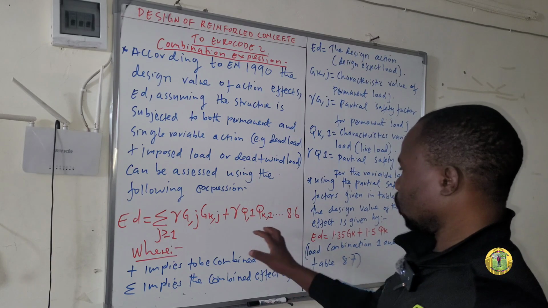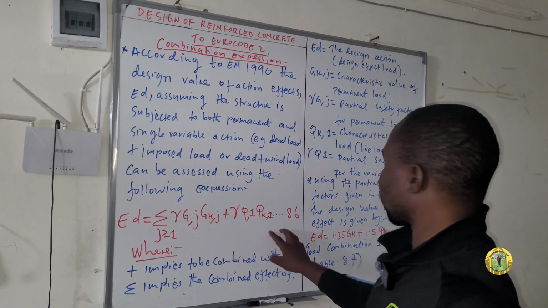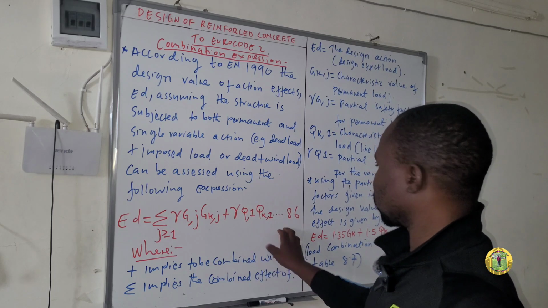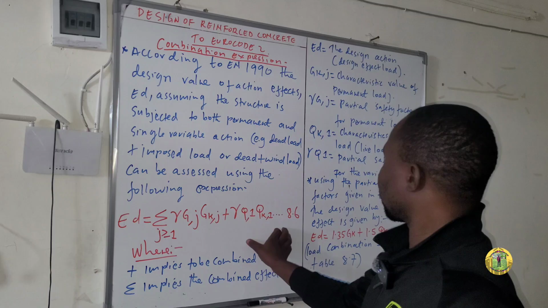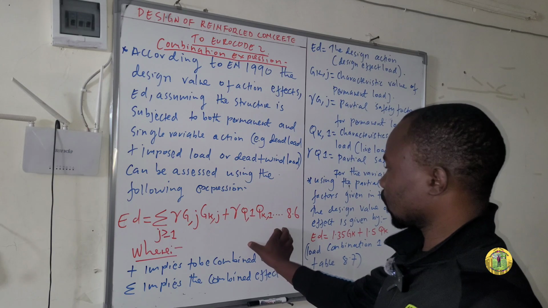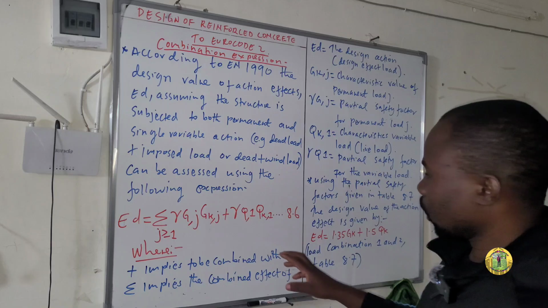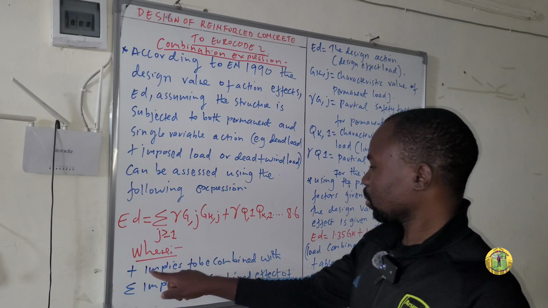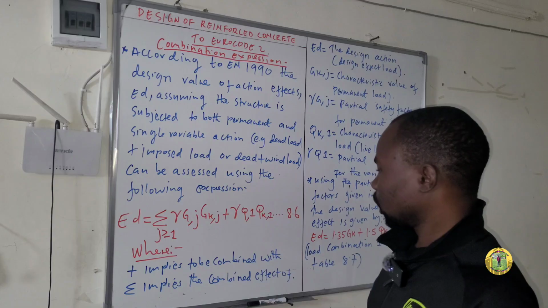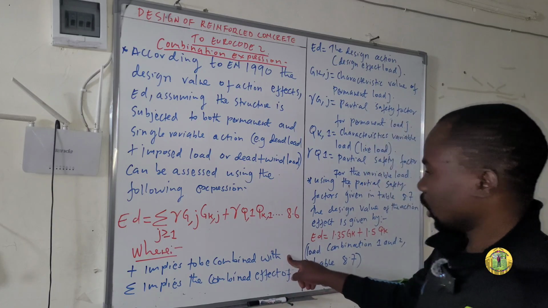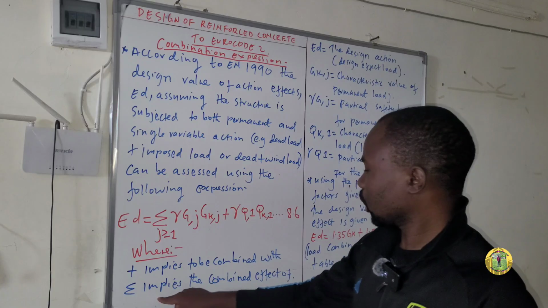If you go to Eurocode 2, you will find this expression there, but I have broken it down for a simple understanding. The plus implies to be combined with, and then this one implies